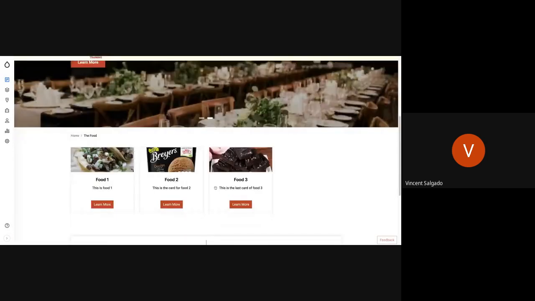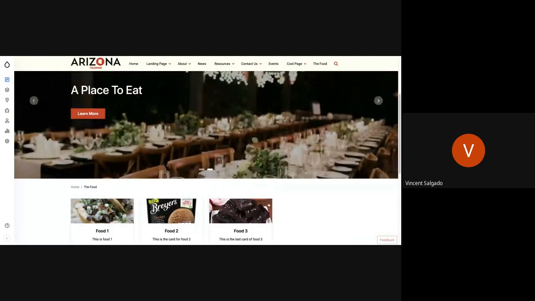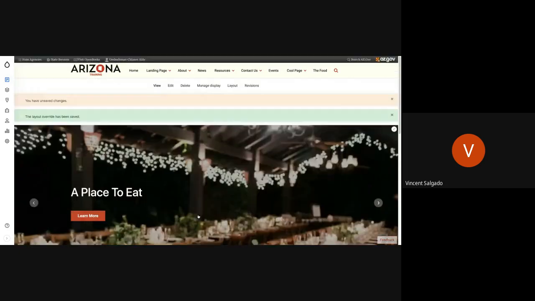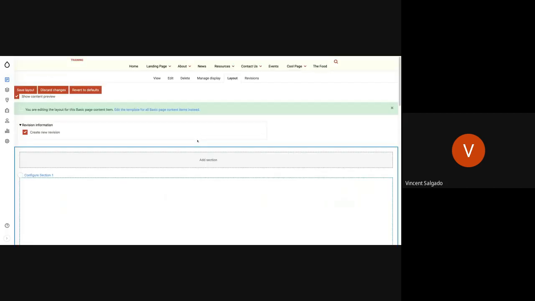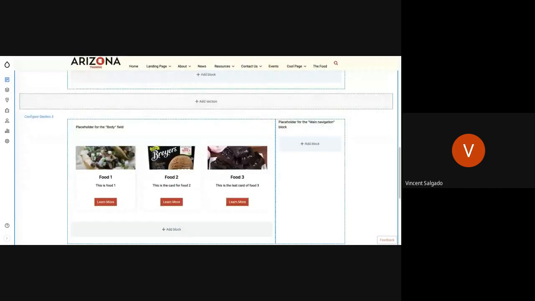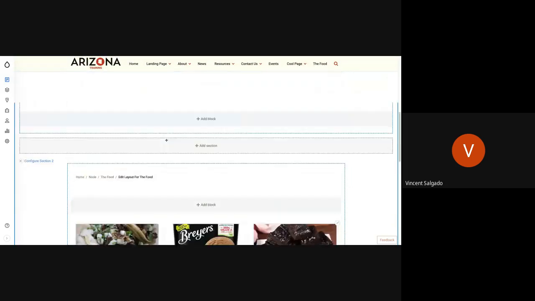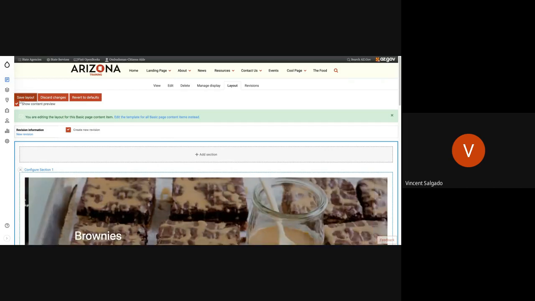And then we have the card set that I created here. Because I have no menu items for this particular page, what I want to do is go to layout and move that back to where I originally had it, because they're going to come up a little bit more prominent. So move that up there, save the layout,